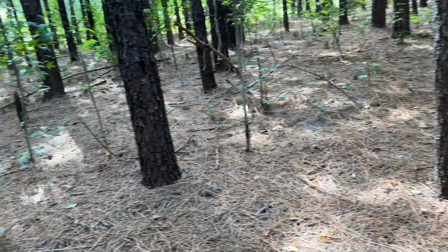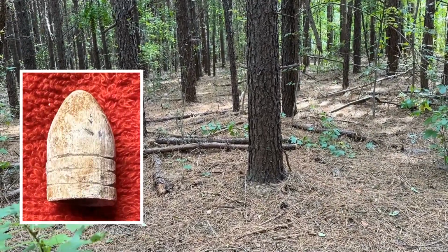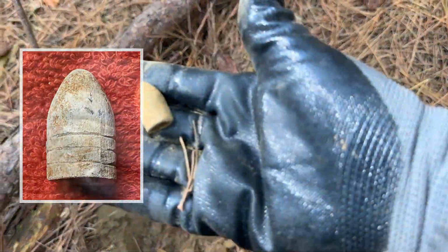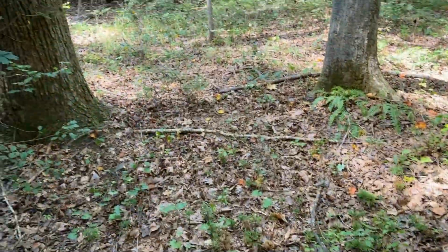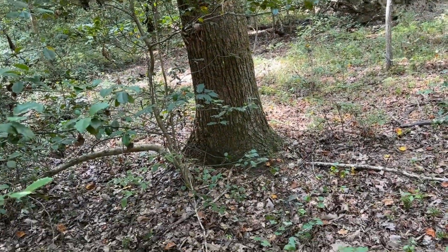We'll just keep poking around in here. We got quite a bit of open space in these pines. It's been treed in here, so anyway, that's a pretty good start. Just wandering around in these woods, not getting many targets, a few shotgun shells, but